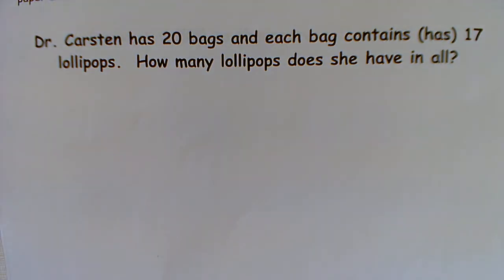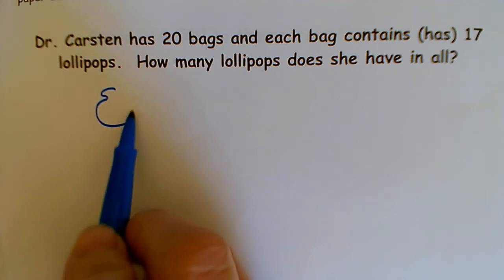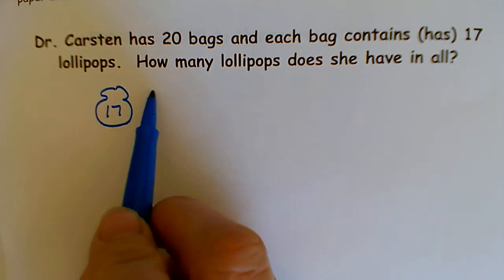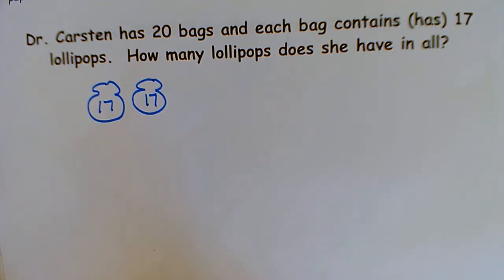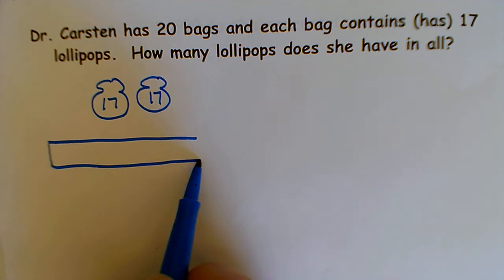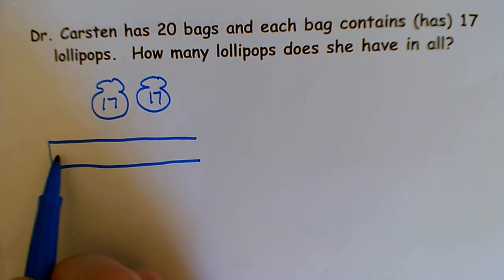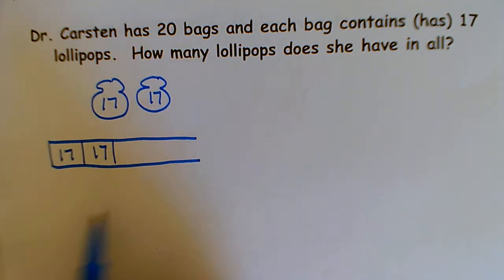So for this one, you could draw a picture to help you understand, and maybe you're going to start drawing a quick picture and do actual bags of lollipops. And you could say, well, she has 17 in each bag. But honestly, I do not want to draw 20 of those. We could also start to model it with a tape diagram where we could show that there are 17 in each group or in each bag, and we could start drawing that. But honestly, do I want to be doing 20 bags? No, I really don't. But sometimes just starting the process of drawing this helps you to see what's going on